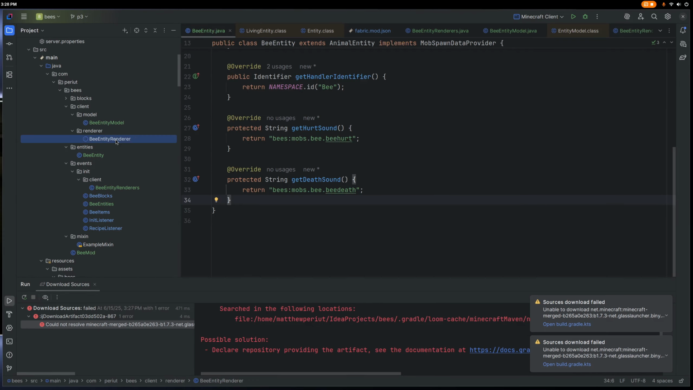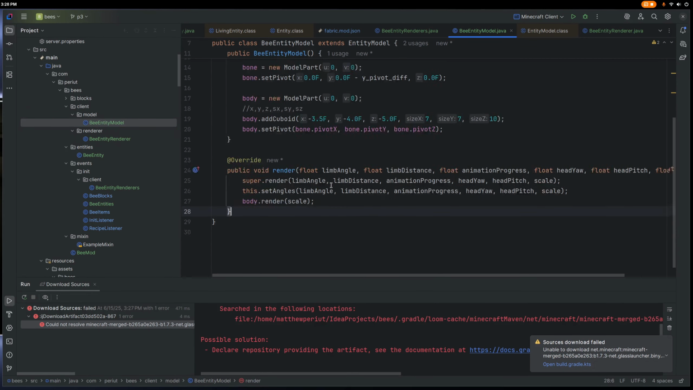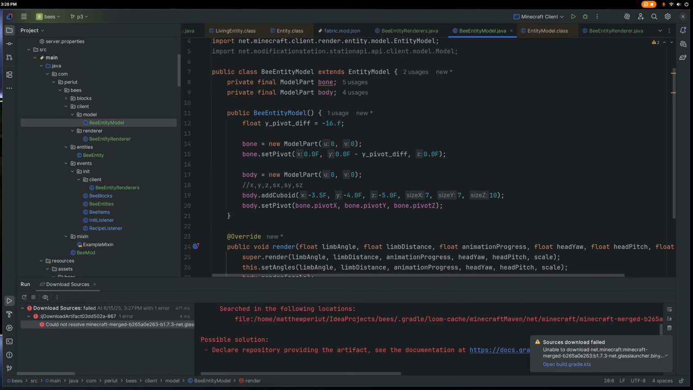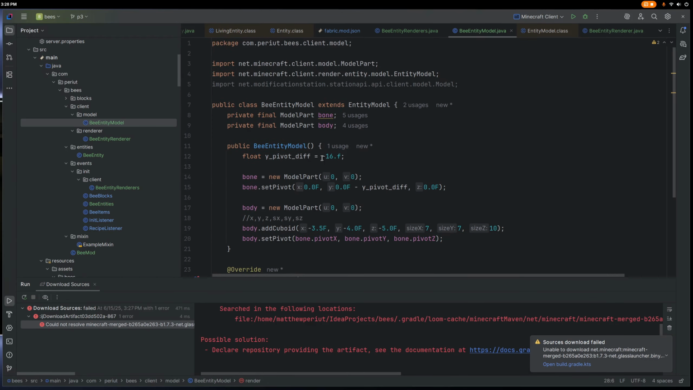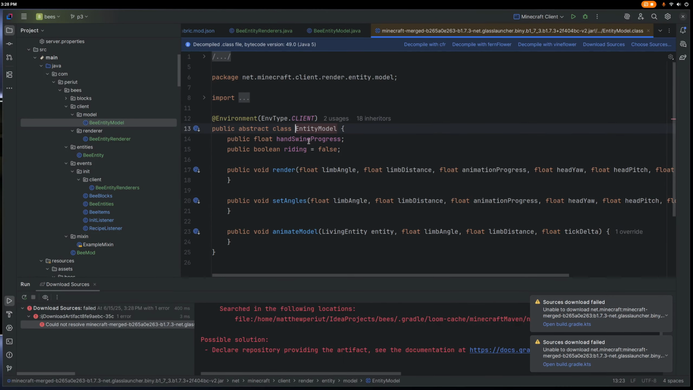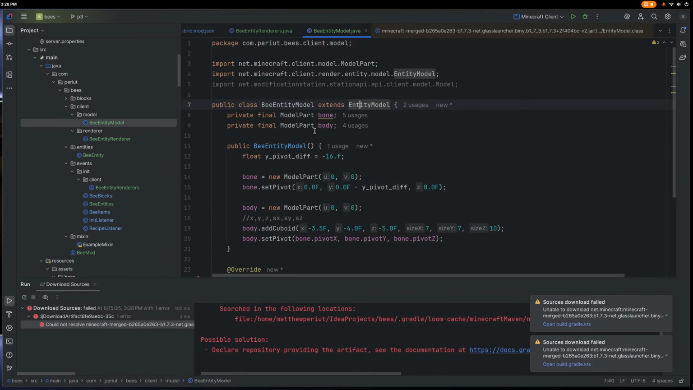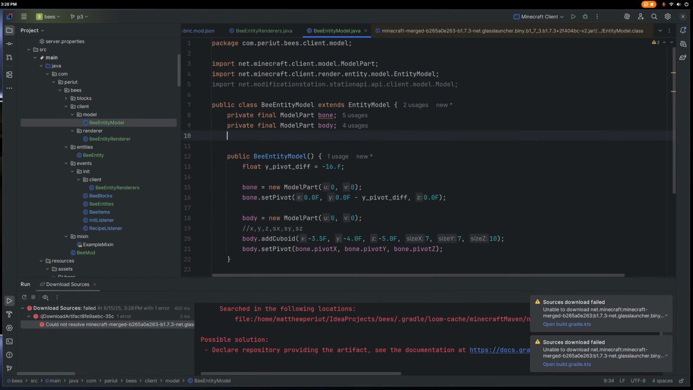Okay, so now we're going to go back into the bee entity model and set up the rest of the model. This is going to be a kind of long process, so buckle in and get ready. Because we're using entity model, there's just these two variables to begin with. There's no superclass, so we have to set up every single model part. It's not like we're starting with a biped or anything like that. So we have the body,